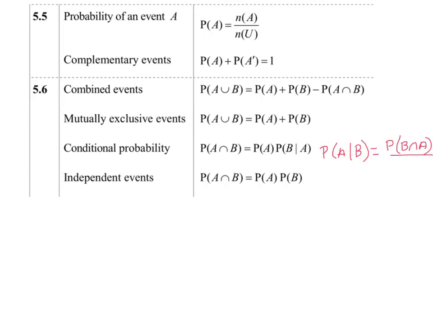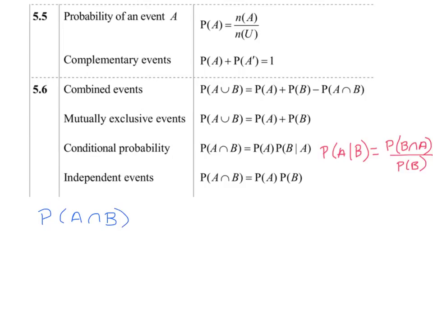And so that's what yours says, okay? But almost this exact same thing. In this conditional probability one, yours is just rearranged from this. So anyway, this is what your formula sheet looks like. In order to understand your formula sheet, you have to be able to understand the notation. And so just a reminder